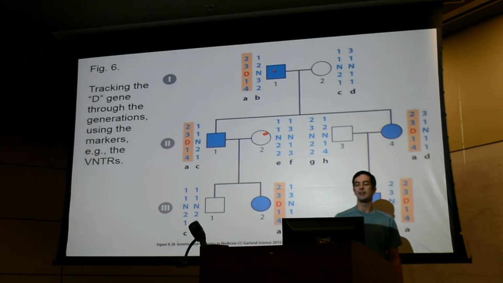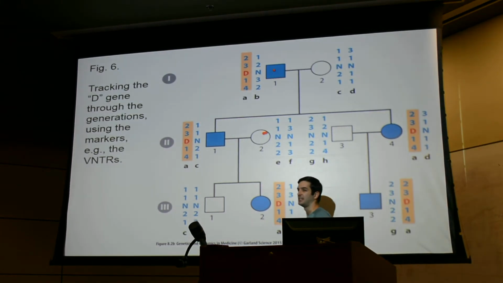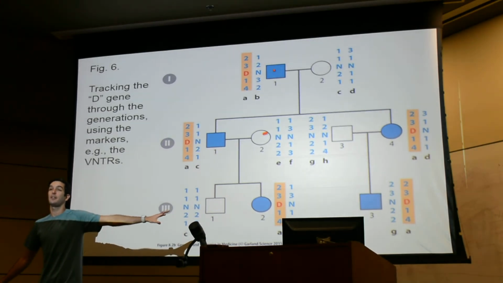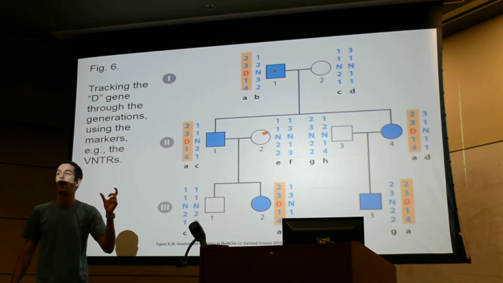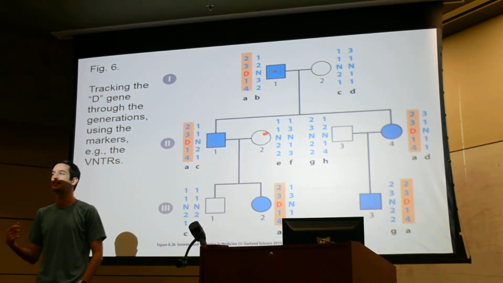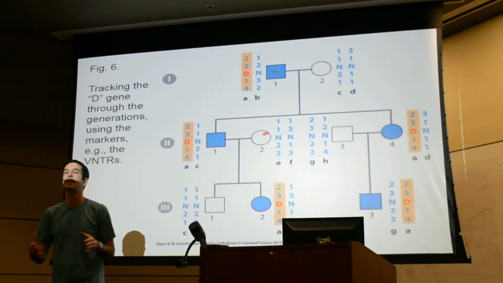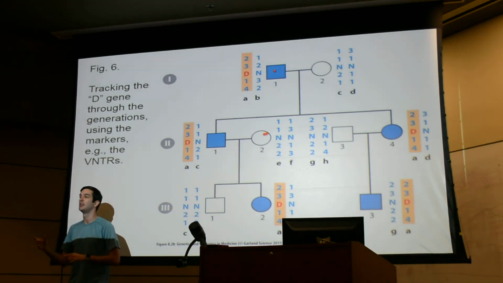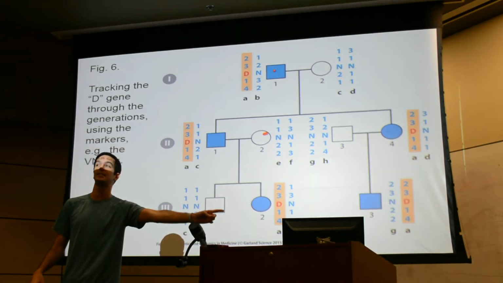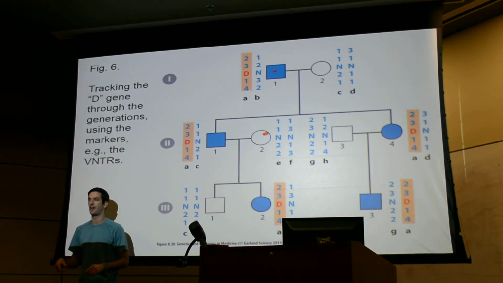And basically, what they did is, anyone that has the shaded shape, they have the disease. Step 1. All right. Step 2 then, I want to look at all of their DNA and see what they all have in common. If we already knew what the disease was and the gene was, it'd be very easy. I can look at their gene in the DNA. But I don't know that yet. So what we use as markers is the haplotype blocks. Because it's much easier to identify SNPs and VNTRs than it is to look at normal and disease alleles for the gene. And that's exactly what we're doing.